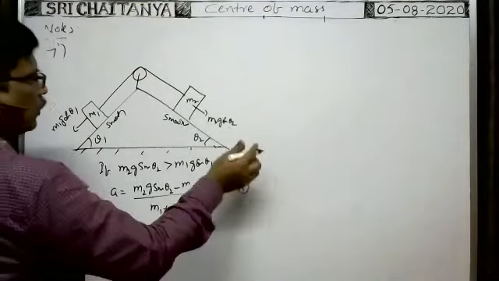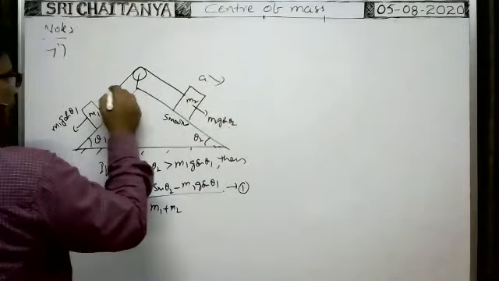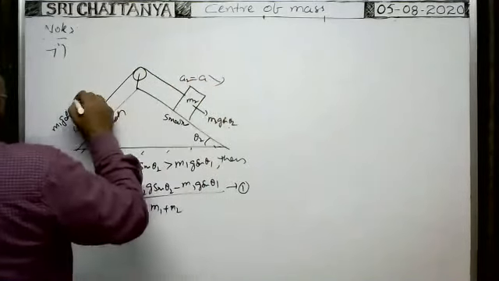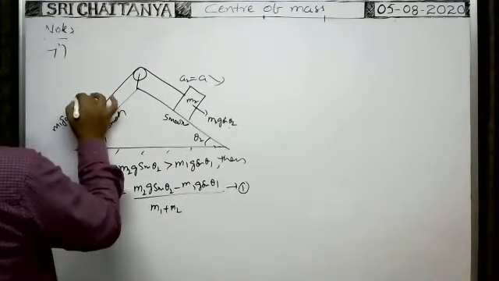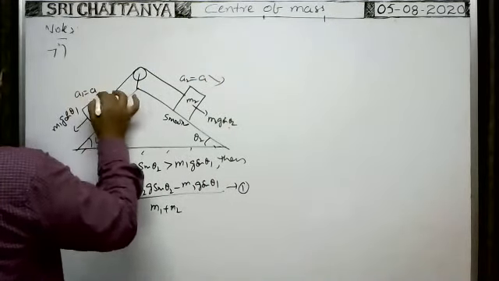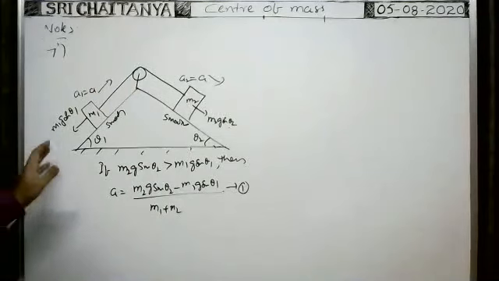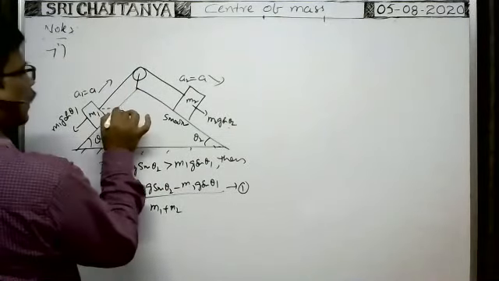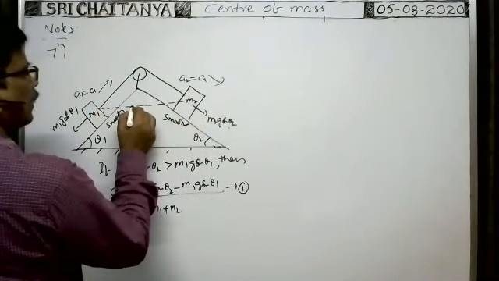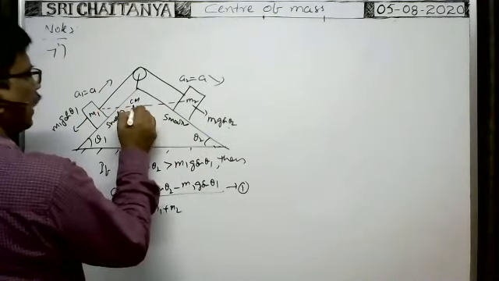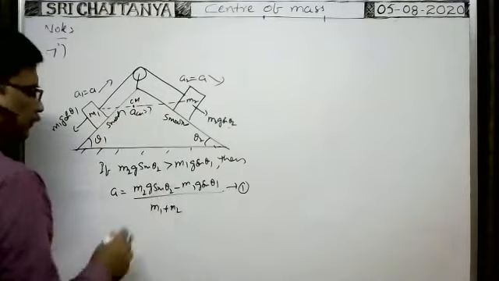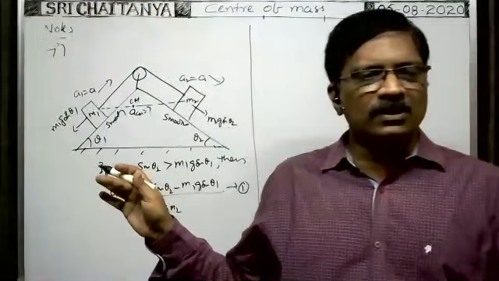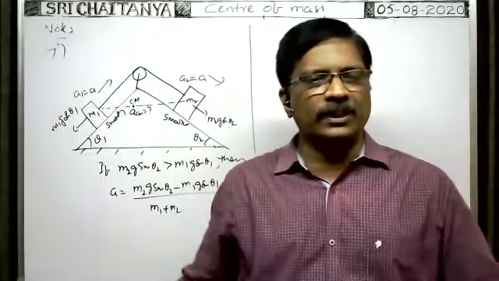Of course, we have taken this side to be greater, so the acceleration of this block is in this direction. A2 is equal to A in this direction, and for the block of mass M1, acceleration A1 is equal to A in this direction. Okay. Now, what is the acceleration of the central mass of the two blocks? Here, the line joining the two blocks is this one. Definitely the central mass may lie here. Acceleration of central mass is equal to question mark. As in the previous case, the accelerations of the two blocks are not along the vertical direction.